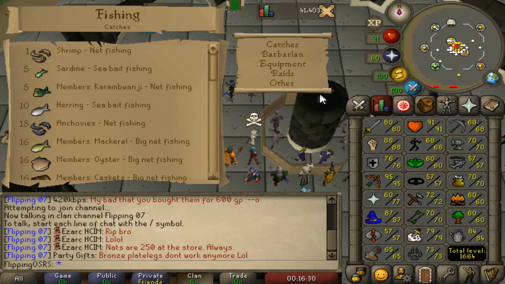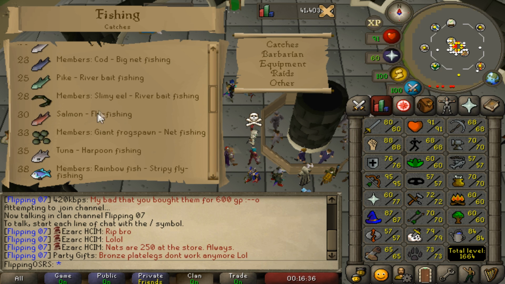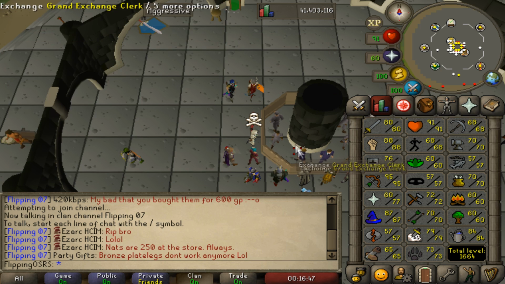So for example, if we have a look at the fishing guide, we can have a look at what items that people are going to be fishing. So we could try trout, that's free to play, salmon, tuna, lobsters, swordfish, or if you're into membership, you could try flipping sharks, karambwans, monkfish. So let's go here, let's try